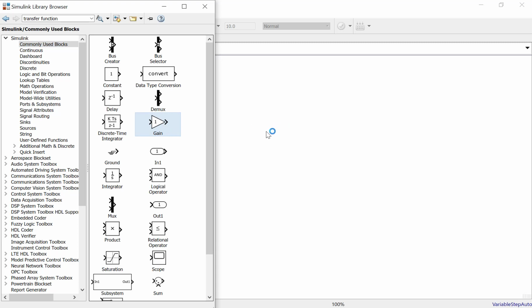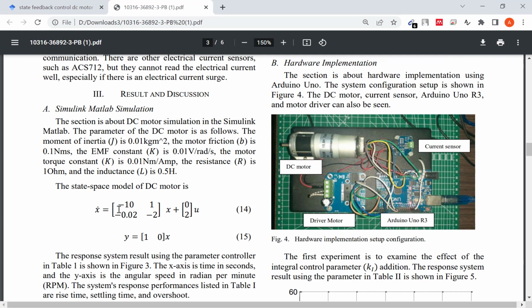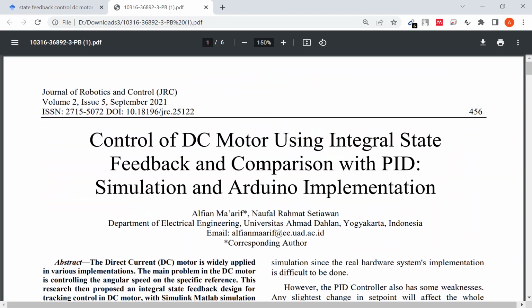So in this tutorial, I will use the DC motor system model in the state space form. So this is the A matrix, B matrix, and the C matrix. You can see in this paper for your reference to get the DC motor model.